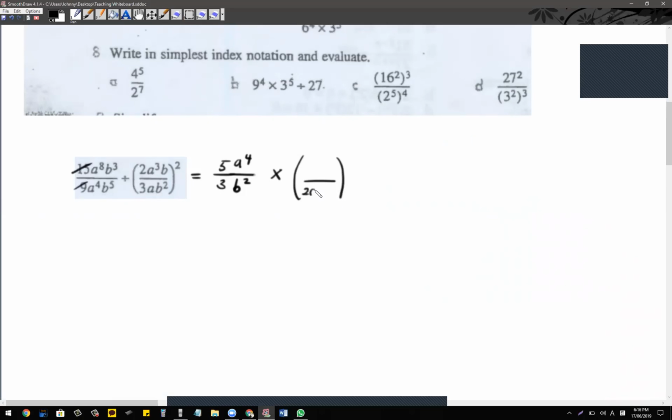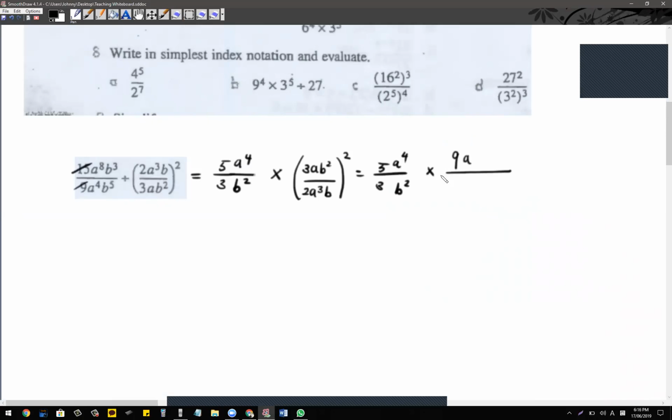So it's 2a^3b, and then 3ab squared, squared. So this square still applies. You can simply flip the fraction. So this is equal to 5 over 3a to the power of 4b squared times by